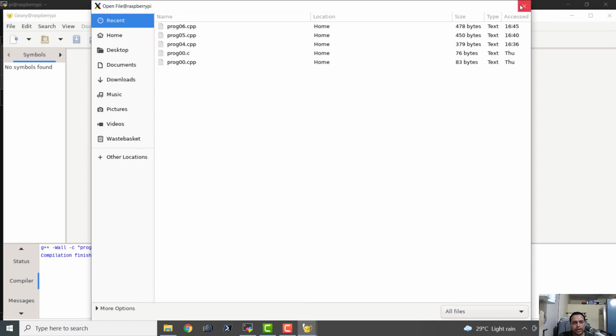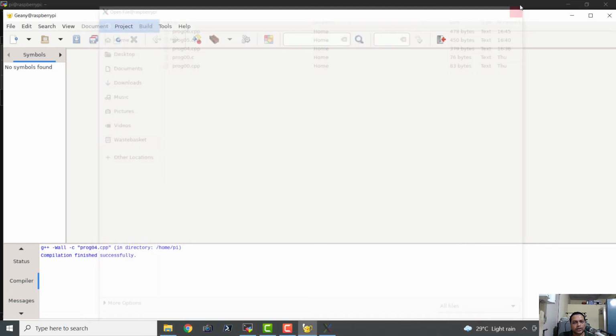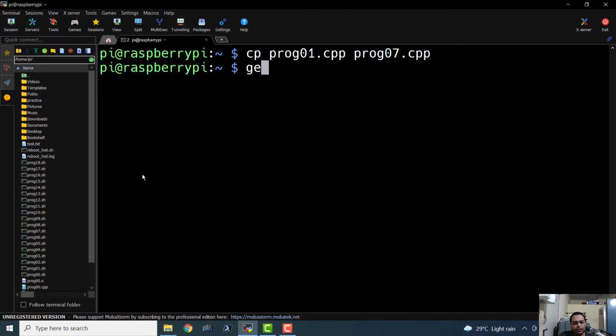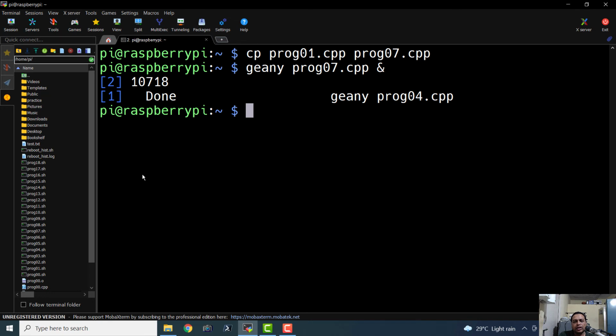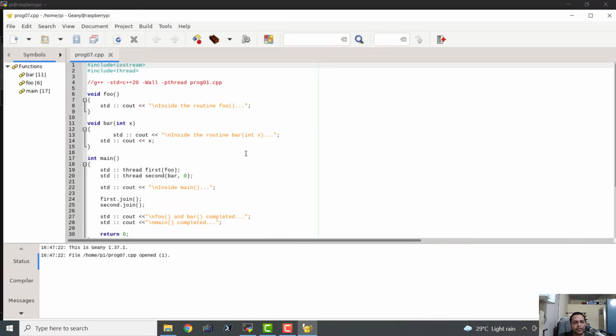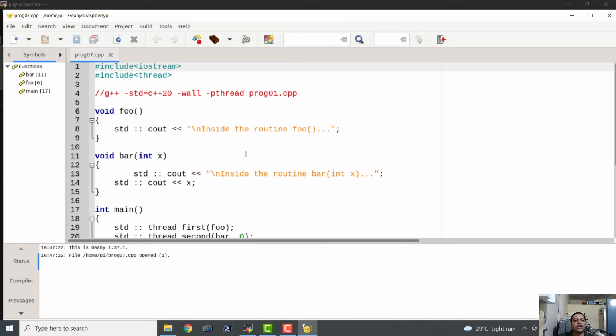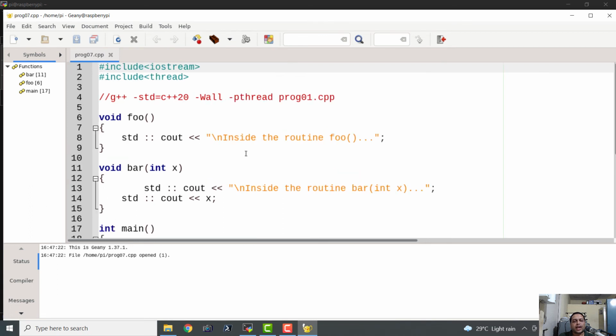Okay, I am not able to see prog07.cpp. So I will just close it and I will say geany prog07.cpp ampersand, and it will open prog07.cpp in a separate window like this. I just want to print the concurrency supported by the hardware where I'm running all this.